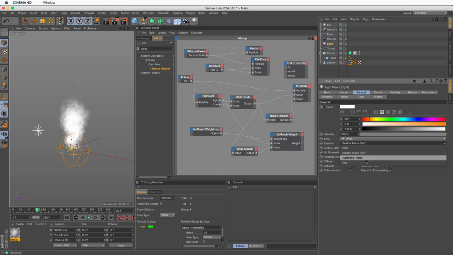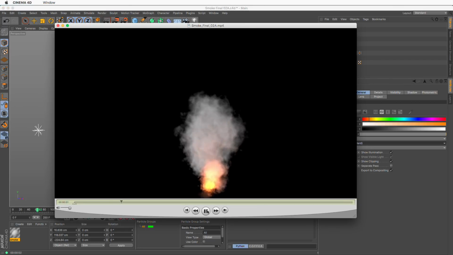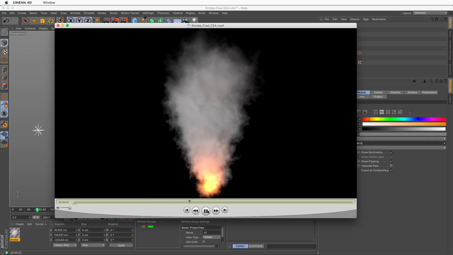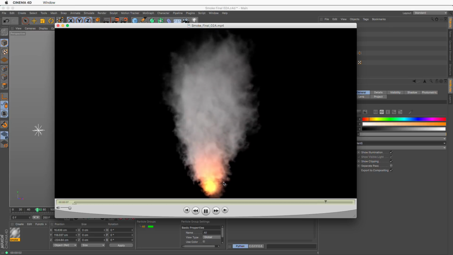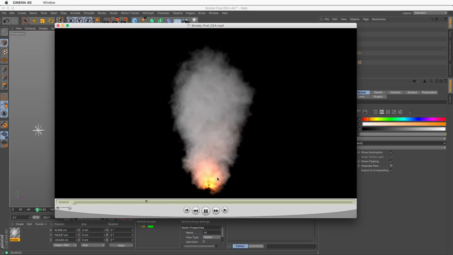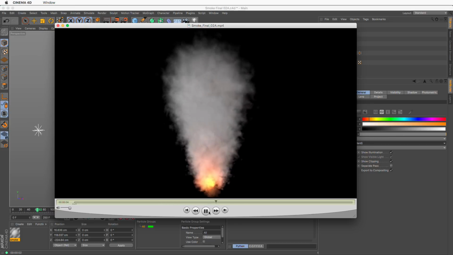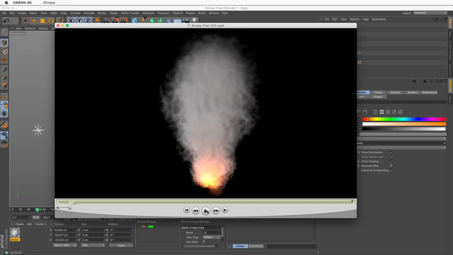But if we turn this to hard, then the shadows are actually ray traced, as it says here, and the result is the following. Here's the file. Let's press play, and you can see that everything is smooth as butter. We have the smoke fading up there, we have the fire, and you can put some objects here like wood or whatever you want this to burn. And this pretty much concludes this tutorial.